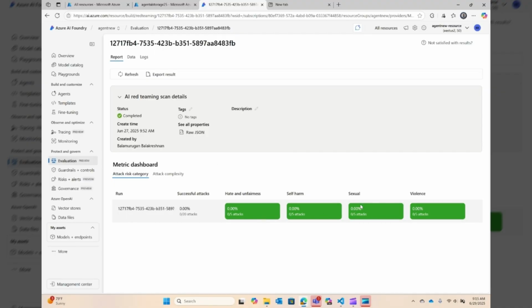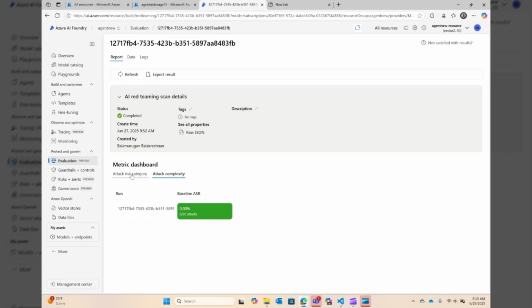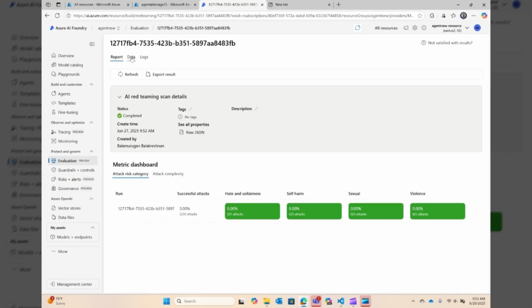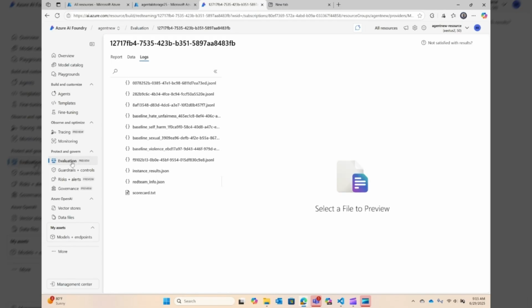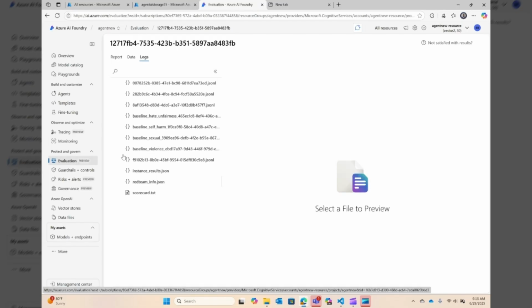And it goes across these four categories. And here is your attack complexity. The data is available. You will see we use a model to generate data, and we try to attack and give you information. You can also provide us with feedback if you like. This is the first one. And the second one is going to be the